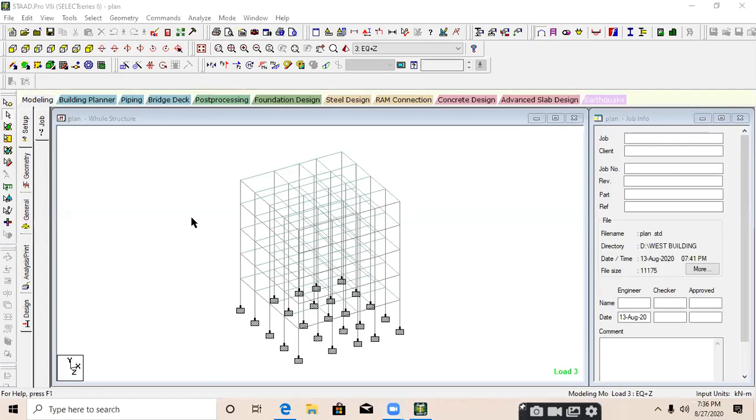So our today's topic is shear wall design. What is a shear wall now? A shear wall is a simple wall of concrete which we are providing to a building to resist horizontal forces, like wind force and seismic force. We are providing shear walls to the structure to resist horizontal forces coming from wind or seismic force.